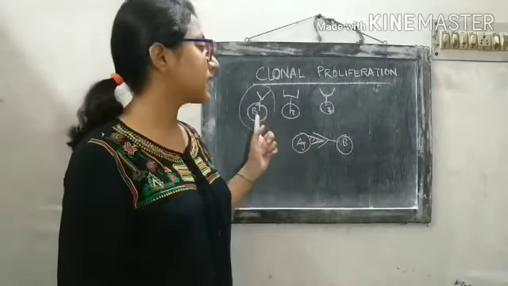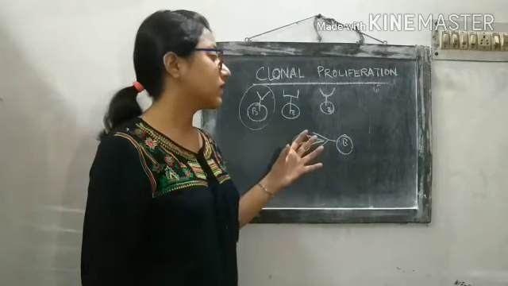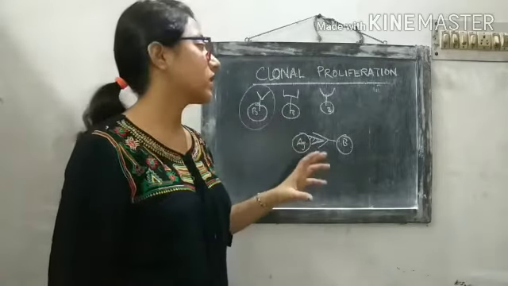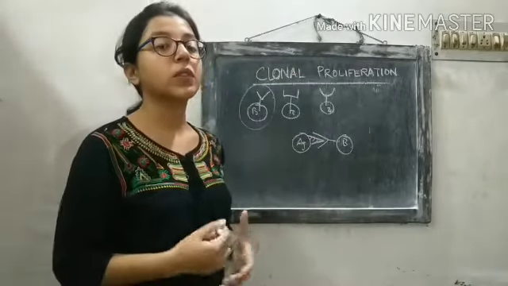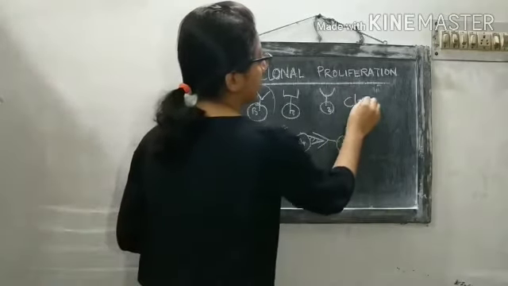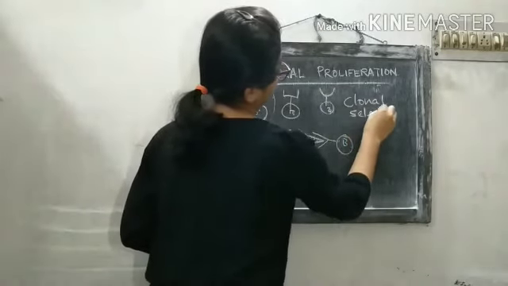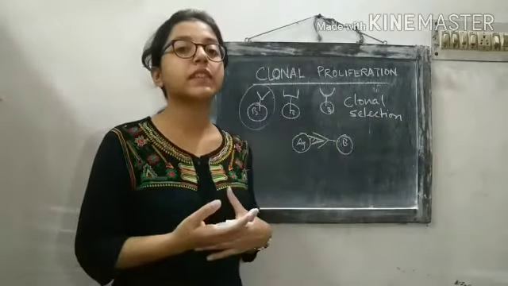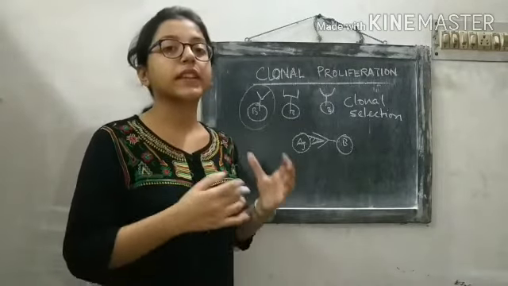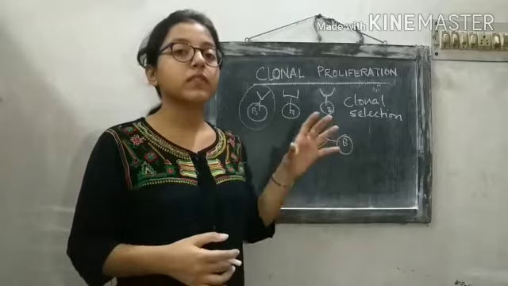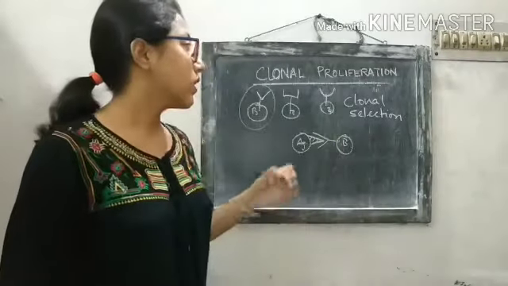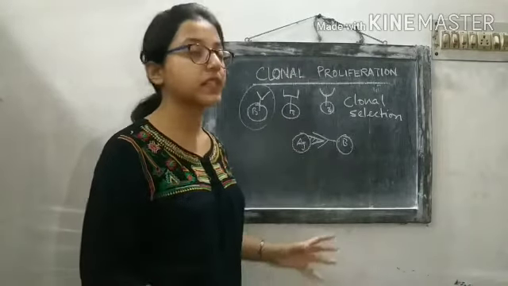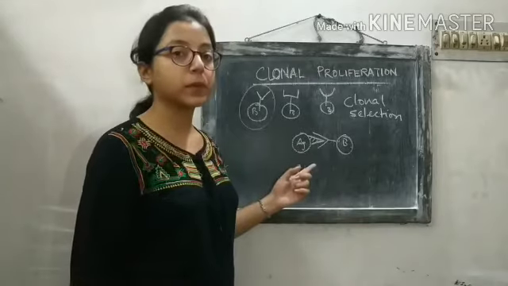This B cell will first bind with the epitope, and the process of selection of a complementary B cell from the population of B cells is called clonal selection. The term is clonal selection, which means that from a population of B cells, only those B cells are selected which have a receptor that is complementary to the epitope on the surface of the antigen. This is how a particular B cell is selected from the population, and this B cell is able to bind with the epitope on that antigen.